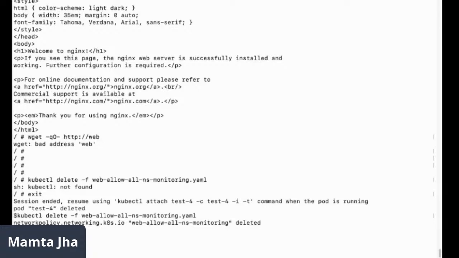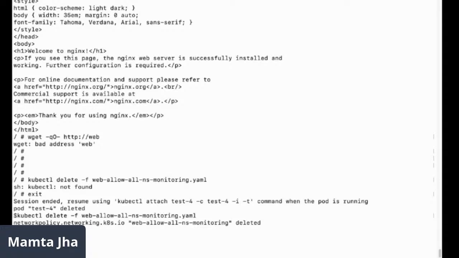So we can create network policies which are applicable to ingress traffic and to egress traffic as well. We may want to deny egress traffic from a specific application, or from all applications.